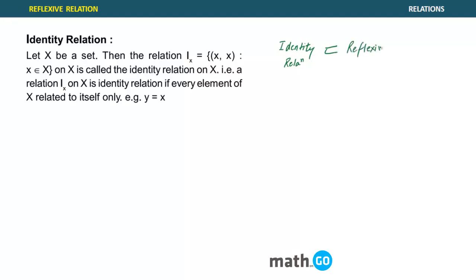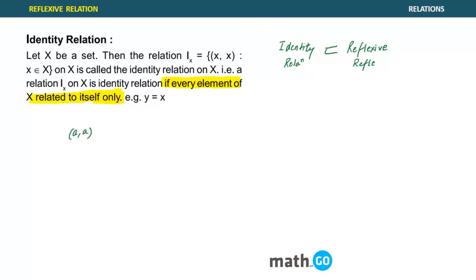It is deriving its property from there only, but with some constraints. The condition for identity also remains the same, but with a highlighter on 'only'. So if every element of X is related to itself only, then we call this an